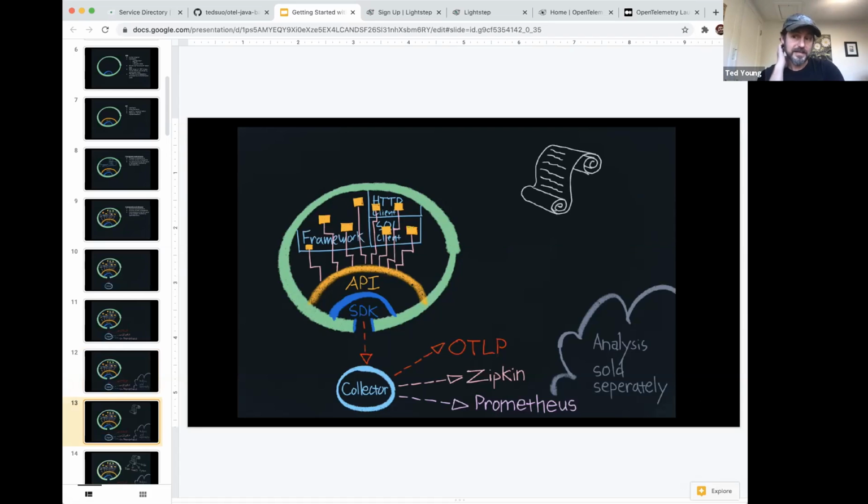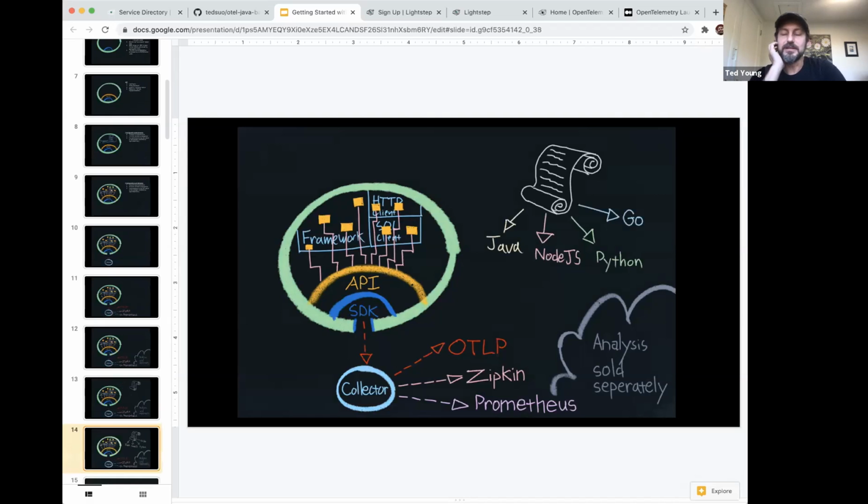How OpenTelemetry actually manages its own code ecosystem, since this is, as I just said, a giant pile of code, we do that through a specification process. So the heart of OpenTelemetry is the OpenTelemetry specification. You can find that on GitHub. That's a language neutral document where we define how OpenTelemetry should work, what interfaces it should have, et cetera, et cetera. And then that specification is implemented in every language.